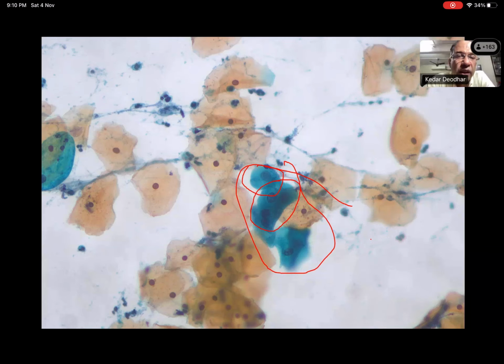Thank you, Dr. Kedar, sir. This is a nice point. Presence of a single abnormal cell, a single atypical cell: if you identify a single atypical cell, even if it is just one cell, it makes the smear satisfactory. All the criteria described are for signing out a negative smear, but the presence of a single identifiable atypical cell makes the smear automatically satisfactory.